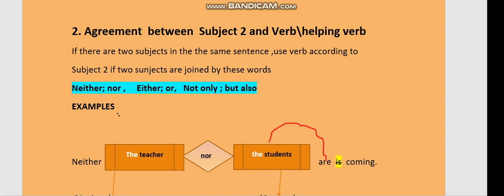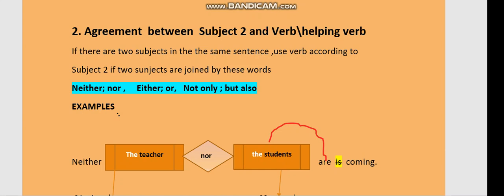I am Nimal Kainat. In this lecture, we are going to discuss the agreement between subject two and verb or helping verb. In the last lecture, we discussed the agreement between subject one and verb. All these are agreement mistakes that we make in grammar usage. Here I'll tell you how you have to choose a verb according to subject two,